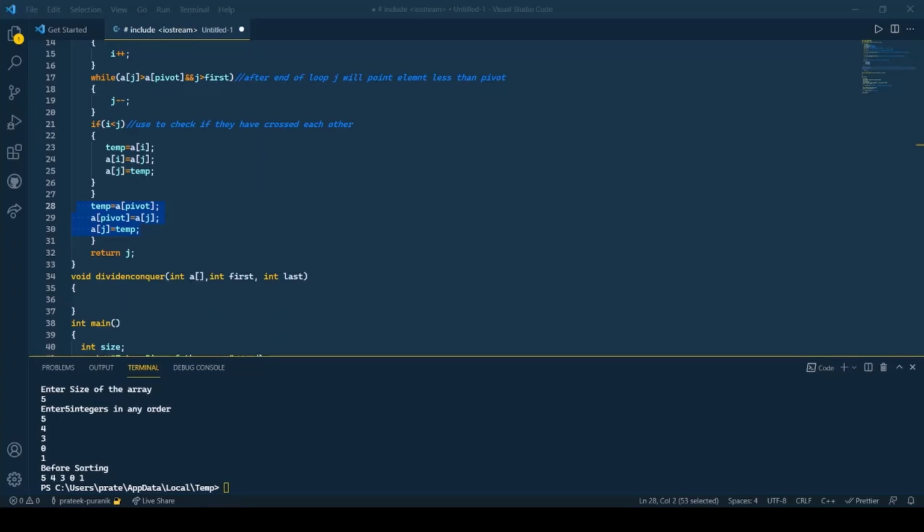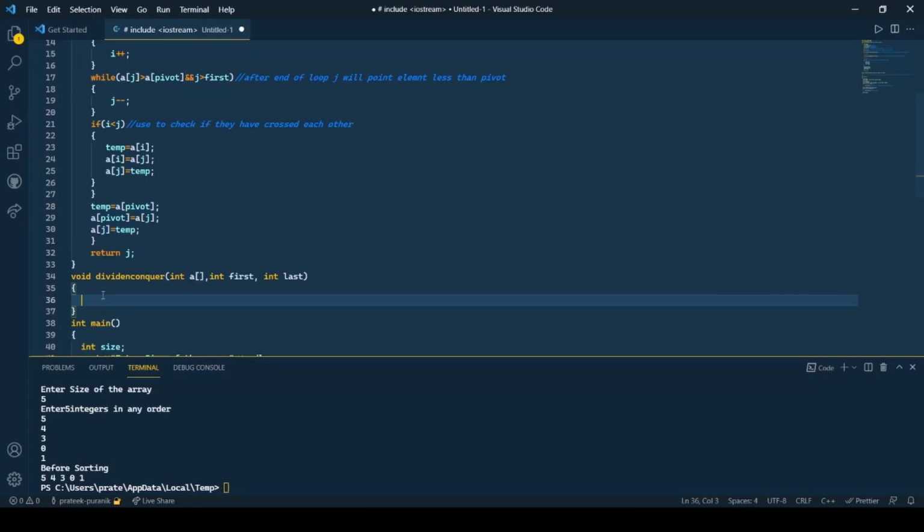Okay, now the first step in divide and conquer would be to write an if condition. So if first is less than last. The reason we are writing this condition is to check if only one element is left.